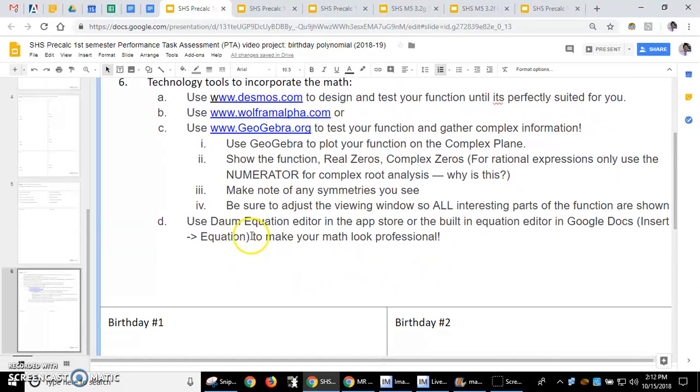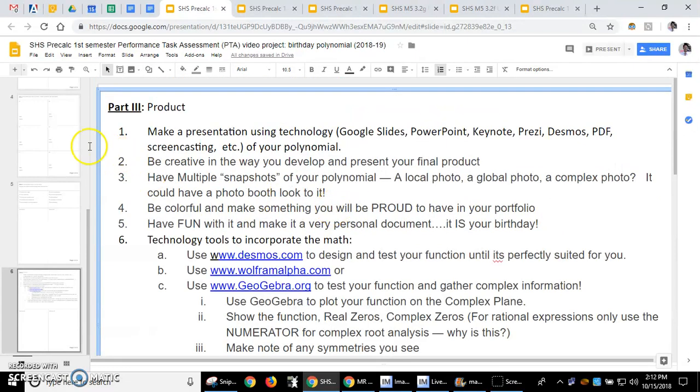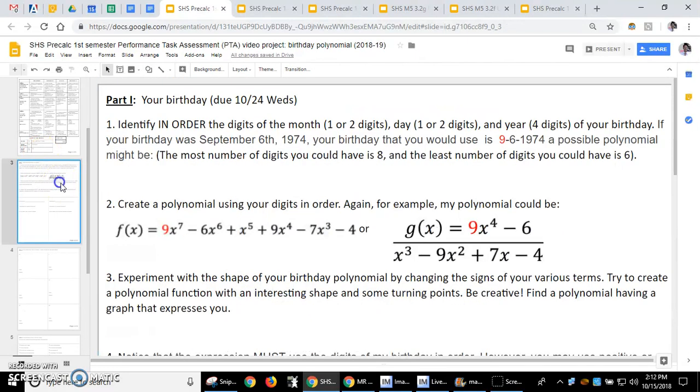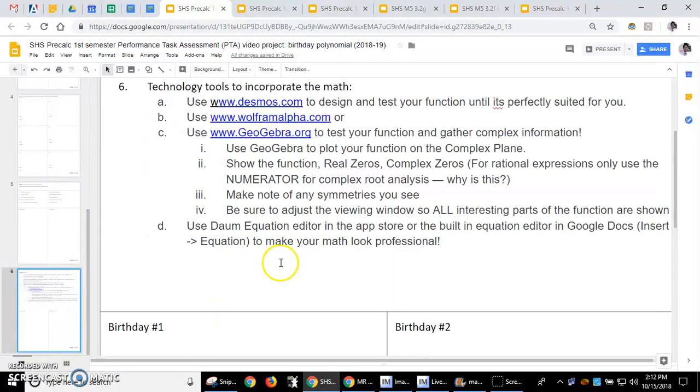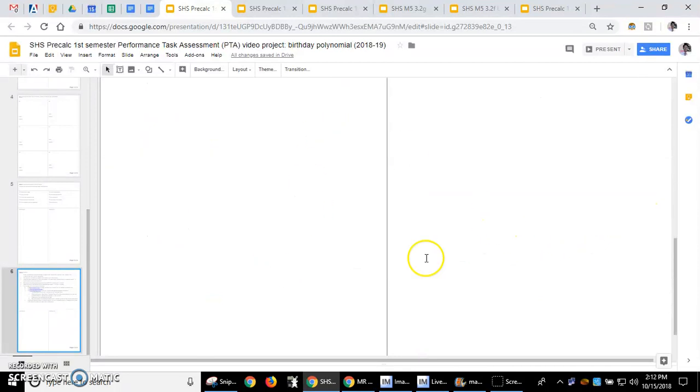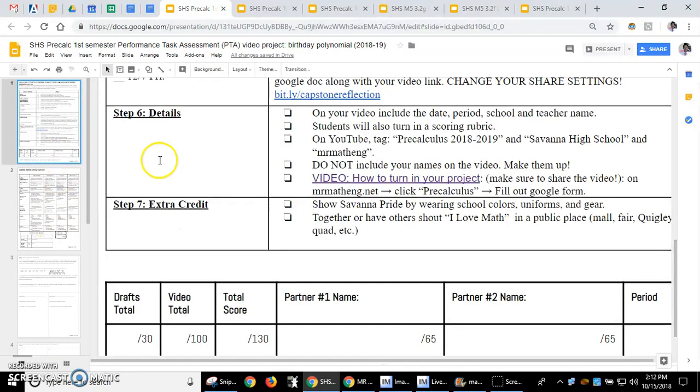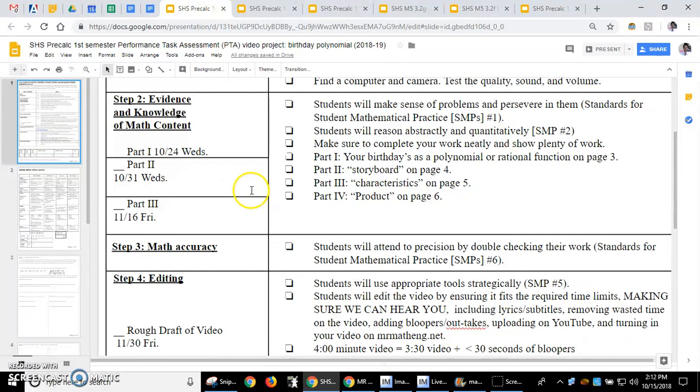And you can also get a professional-looking equation like I have on. That looks nice and neat rather than handwritten. So how do you get something that's typed in? Well, you can use a couple of things. You can use an app, or you can use Google Docs, or figure it out. Okay, so that space there is just for you to write some stuff. All right, so once you do that,